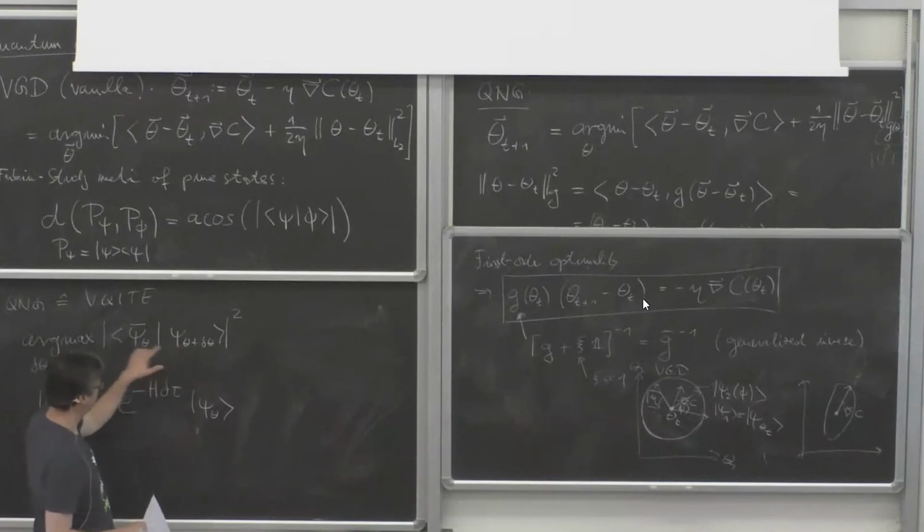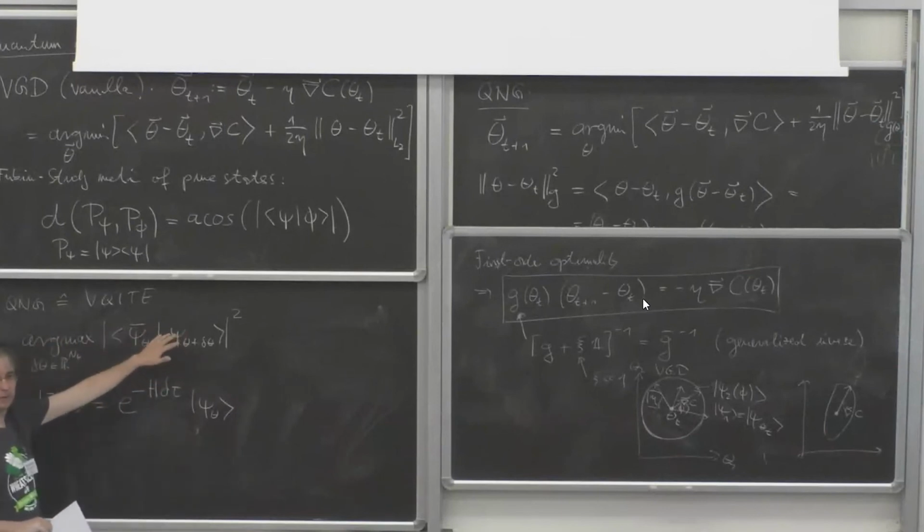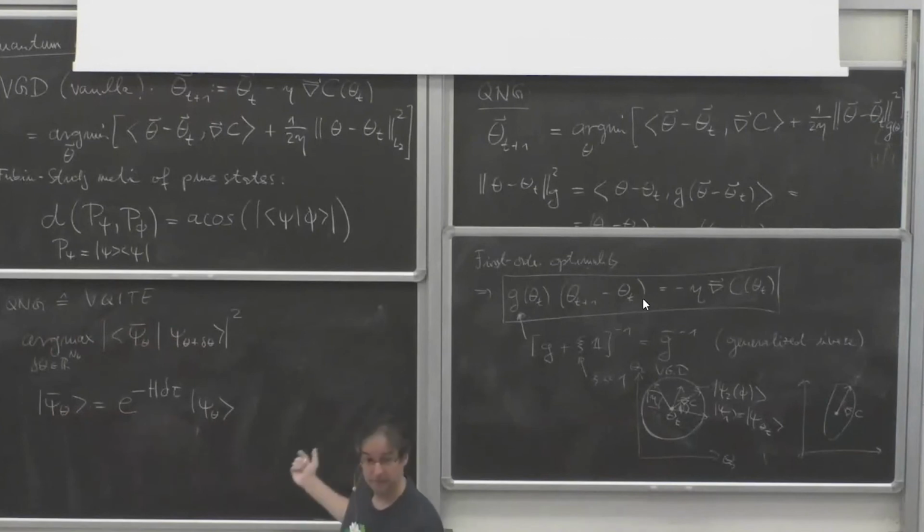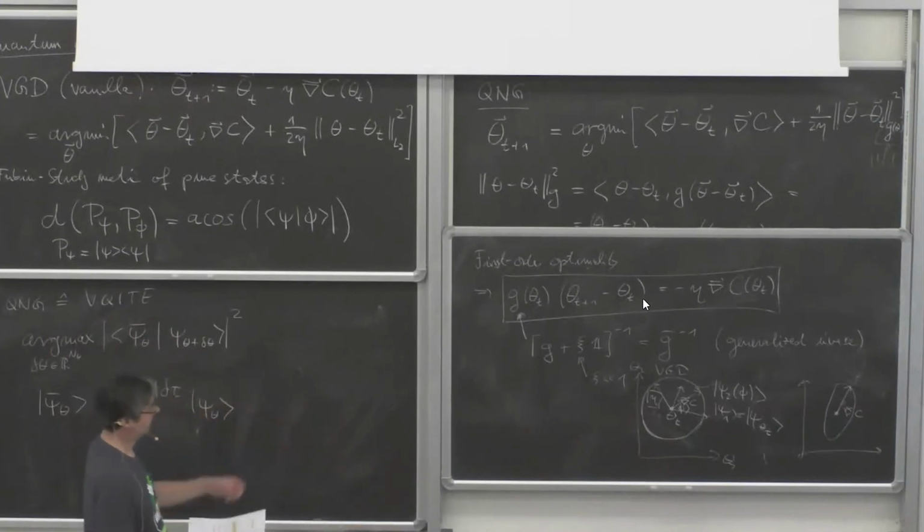So this is another rule in some sense. You can derive a delta theta from there. And it turns out, again, I derive it in my notes, that it's going to be exactly the same as the quantum natural gradient descent. So this is nice because it shows you that these two are equivalent, and the imaginary time update has been derived in literature in a different way, but this gives a nice geometric interpretation to this.